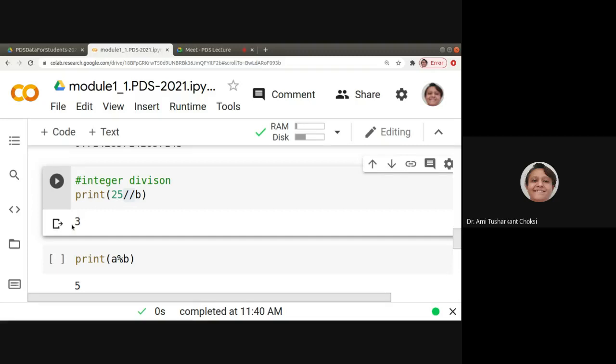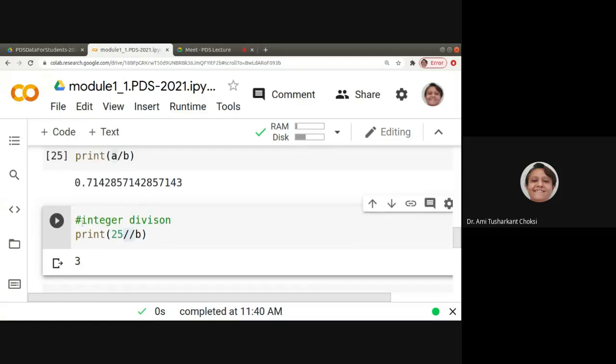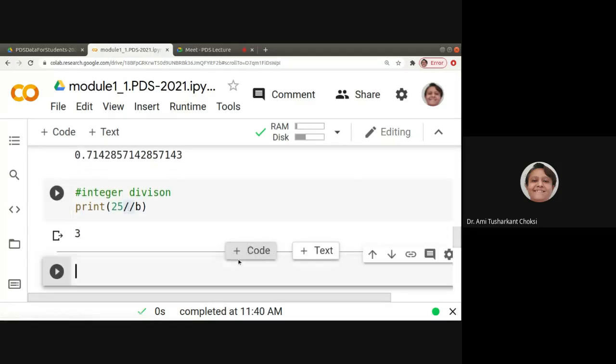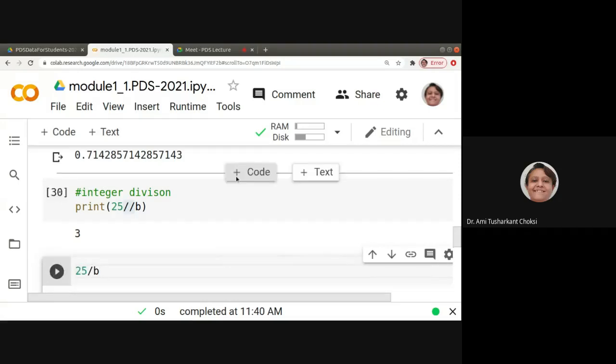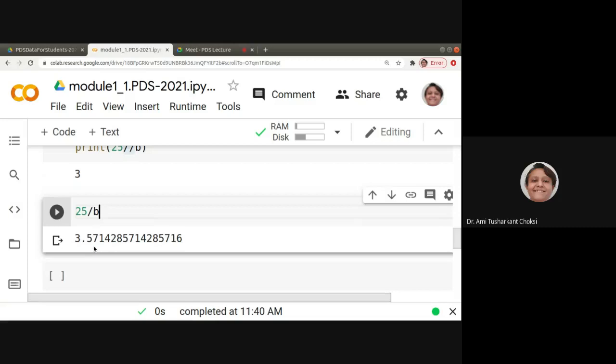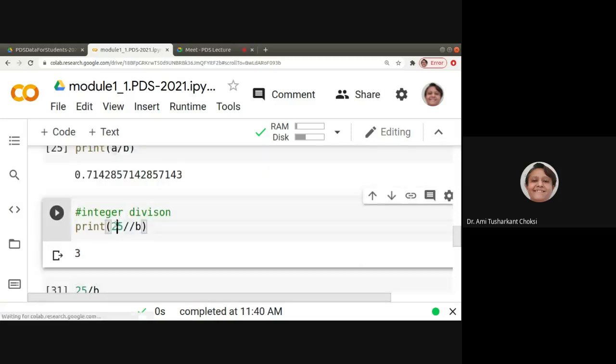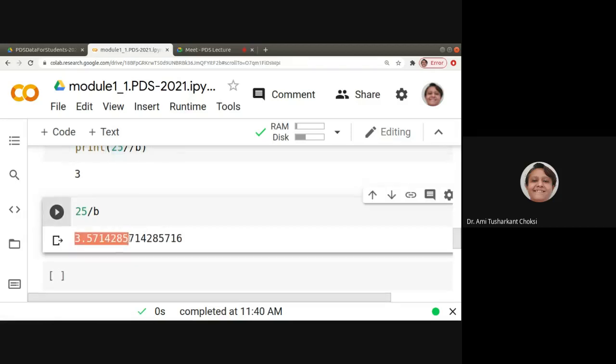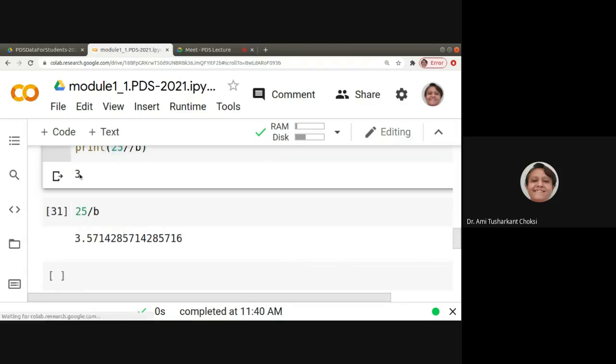So we are getting the answer as 3 because it is integer division. If I do it as 25 divided by B, what I'll be getting is 3.5714, but this is integer division, so whatever we are getting in the division, we just have to consider the integer part of it, right?